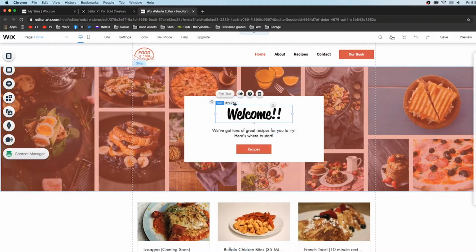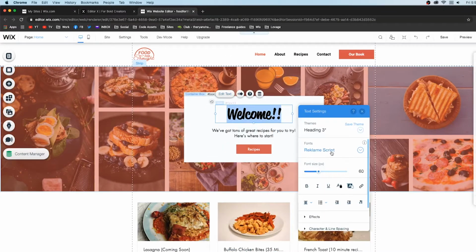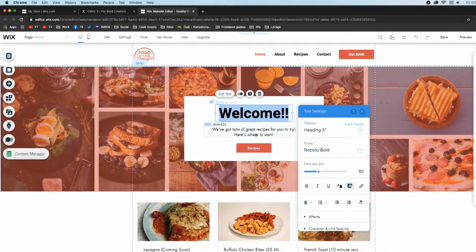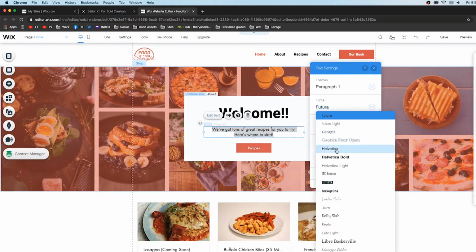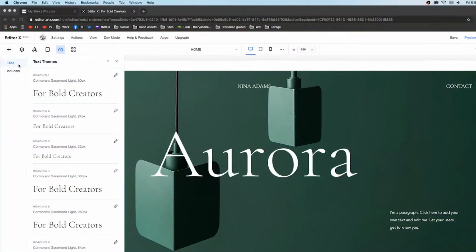However, with text, it would not work like that. So you'd literally have to go to each individual thing or element, text element, and change the font to whatever you wanted. Now you don't really have to do that on Editor X,